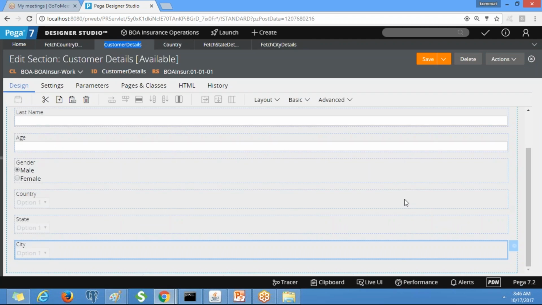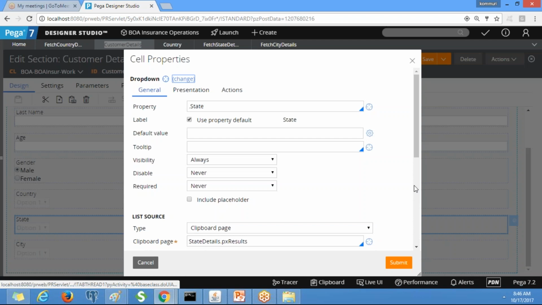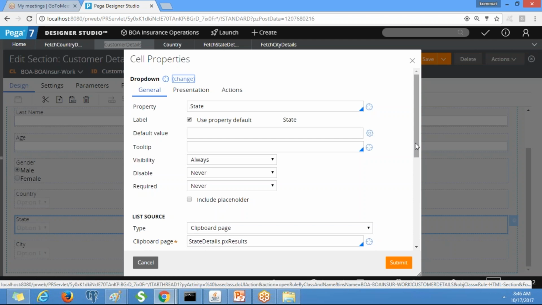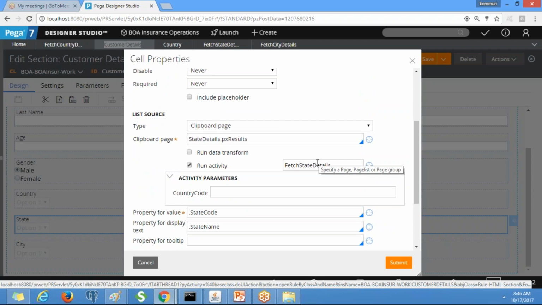We referenced the state details activity under the state property, and the city details activity in the city property. So wherever we reference those rules, at that time it expects the value.